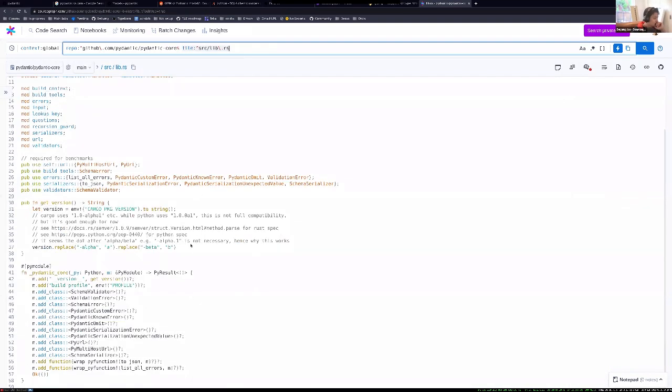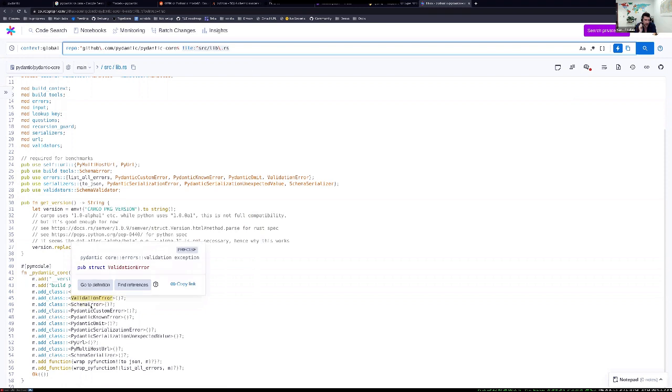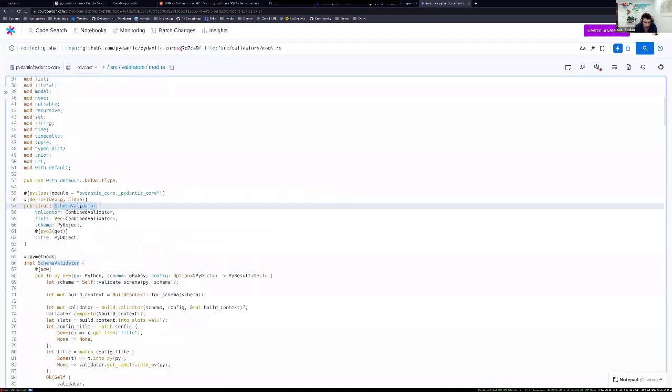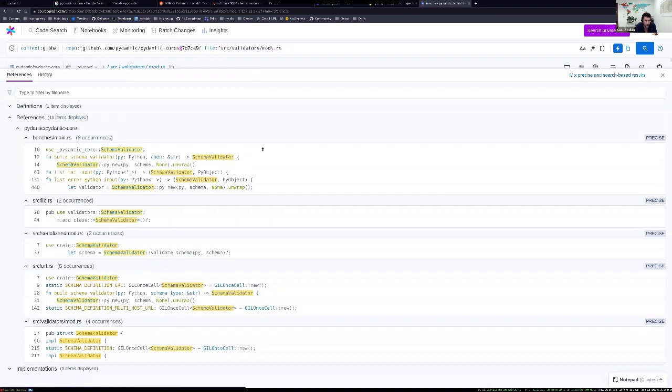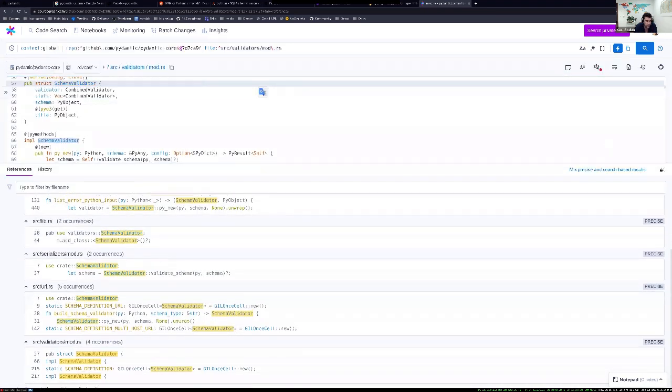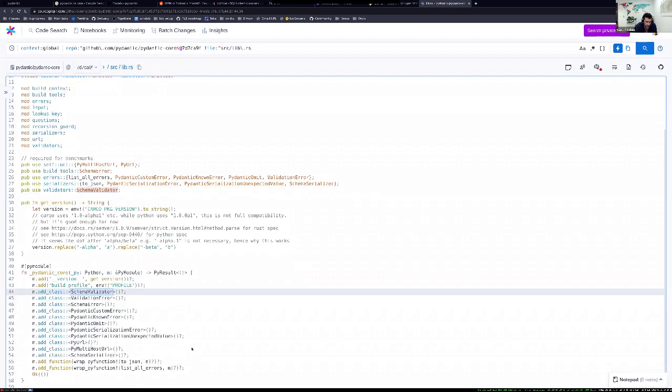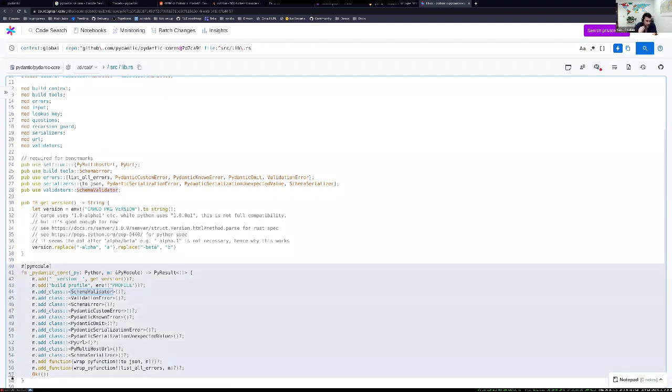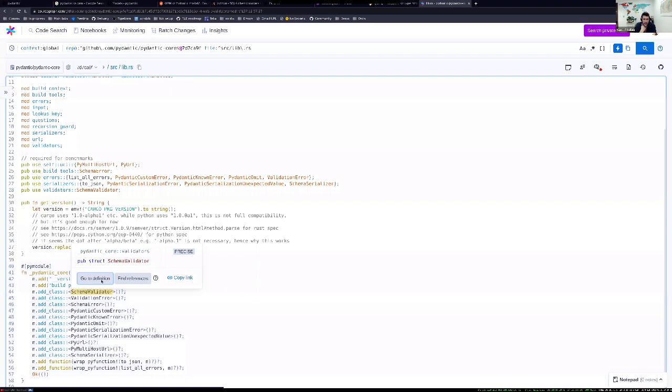Oh, interesting. So at the bottom you'll see that we create a Python module called _pydantic_core. That's standard in Python when you have a compiled module: you give it a name with an underscore. We then add a bunch of classes and a couple of functions to that module and export it, and those are the things that are accessible. But SchemaValidator is probably a good place to start, because that's the base class that we use for all validation in